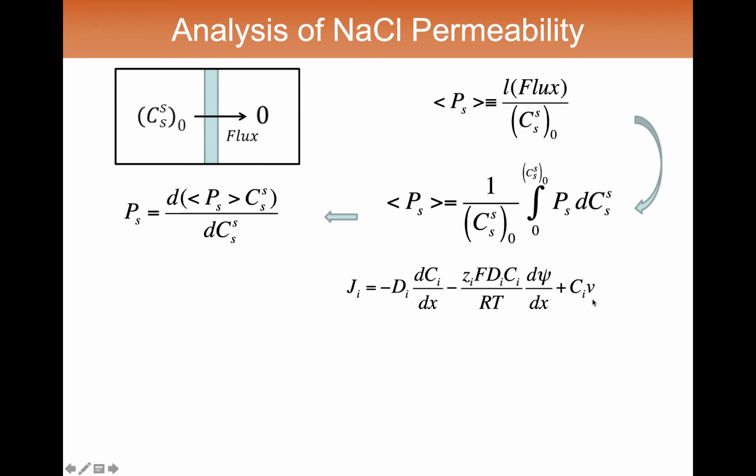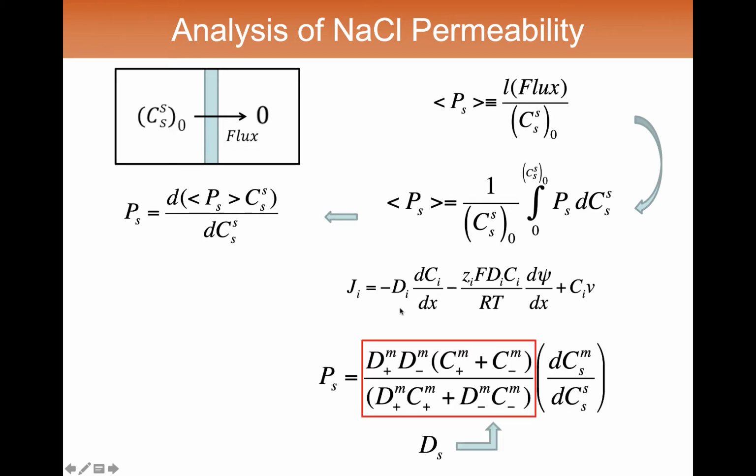And this convective flow can occur essentially, well, a dominant contribution is actually the backflow of water, the osmotic flow of water from the pure water chamber into the saltwater chamber. And it turns out that a more complete analysis of this shows that this effect can essentially be ignored, and